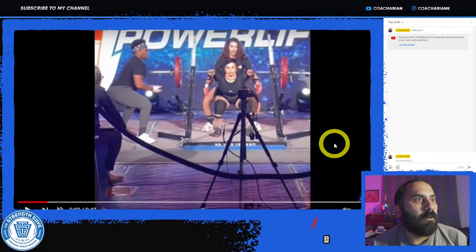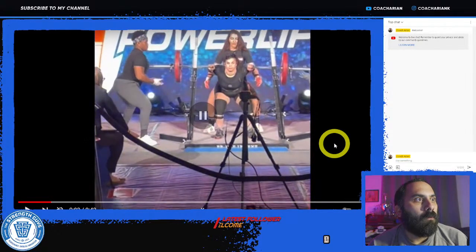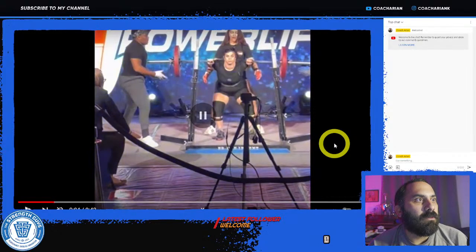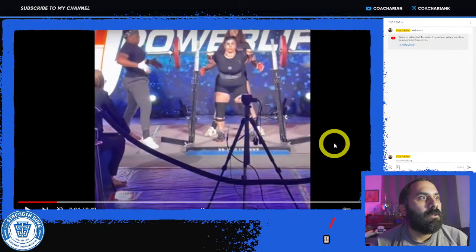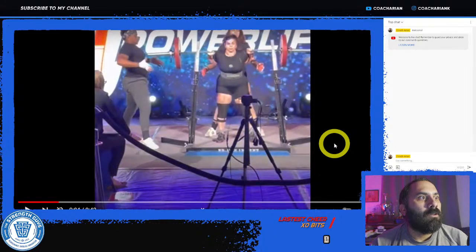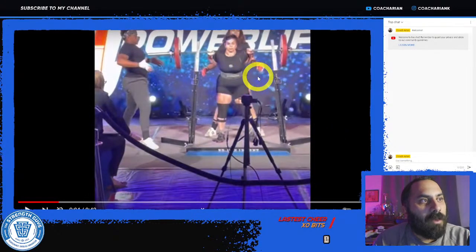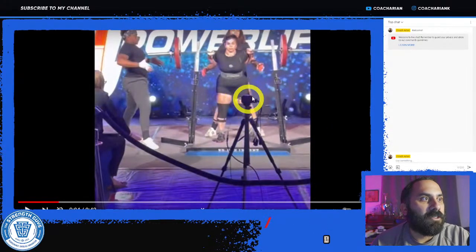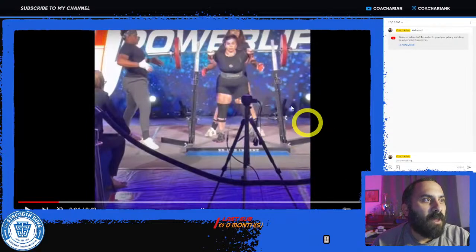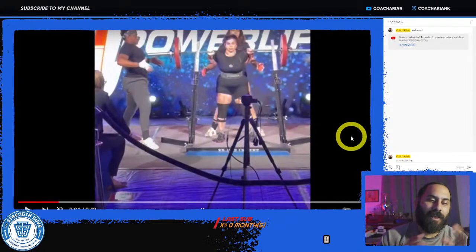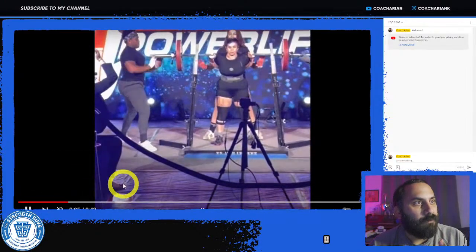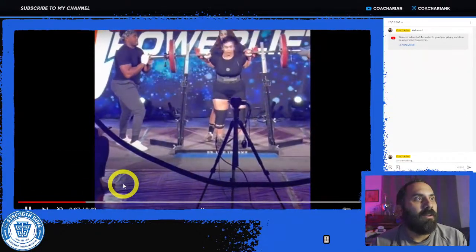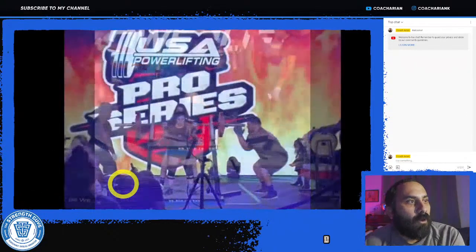So you can see here she comes out of the hole more level, a little bit of shifting to that side still, but no tilting. So there could be some issues, maybe some past injuries or maybe just some tightness on one side that's making one side more dominant and shifting to one side. And then sometimes when the weight gets heavy enough, as you saw with the following attempt, there may be some tilting of the bar as well.